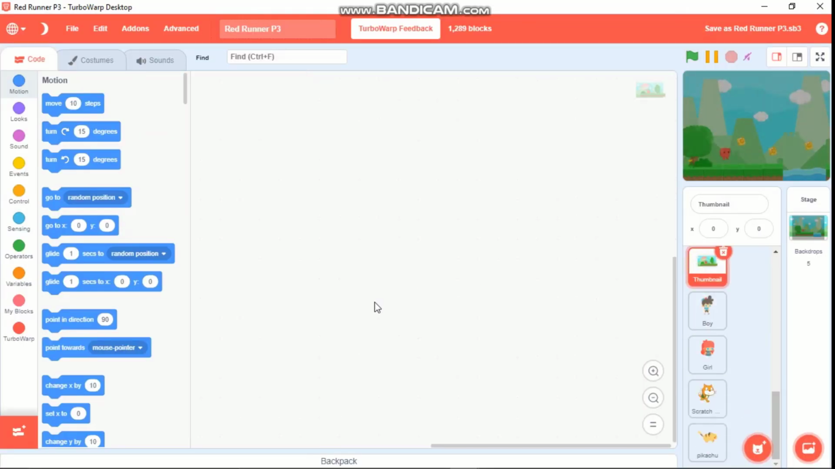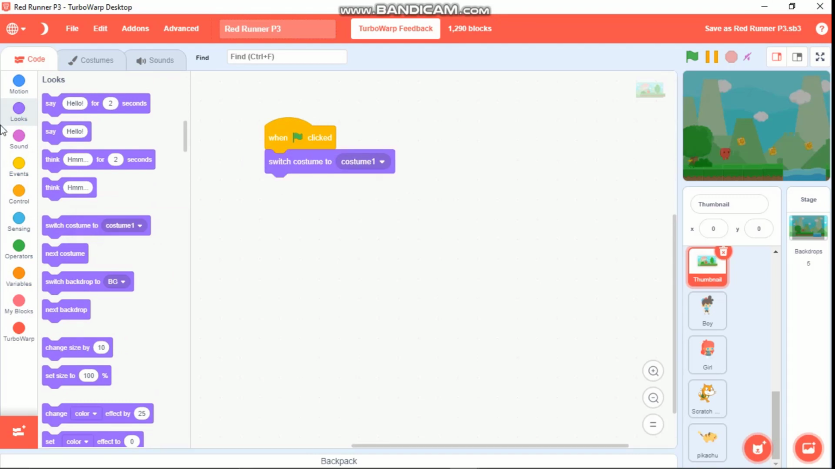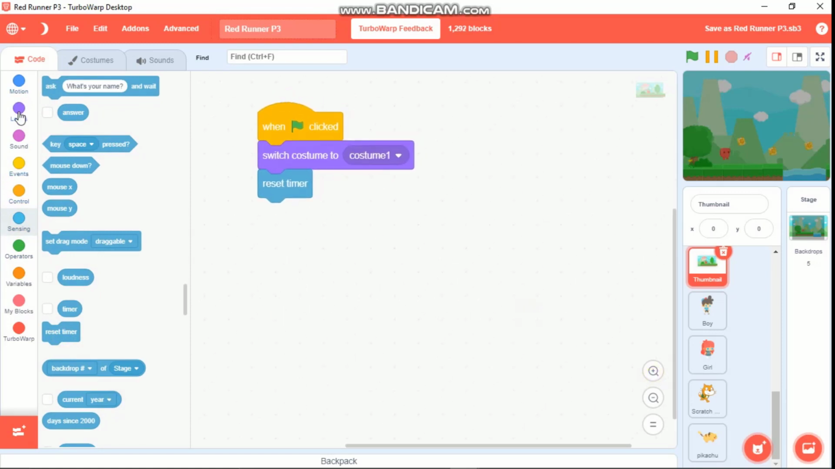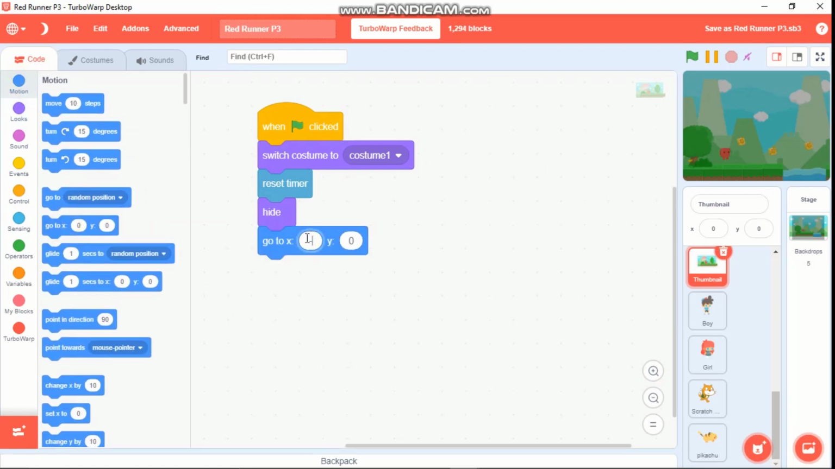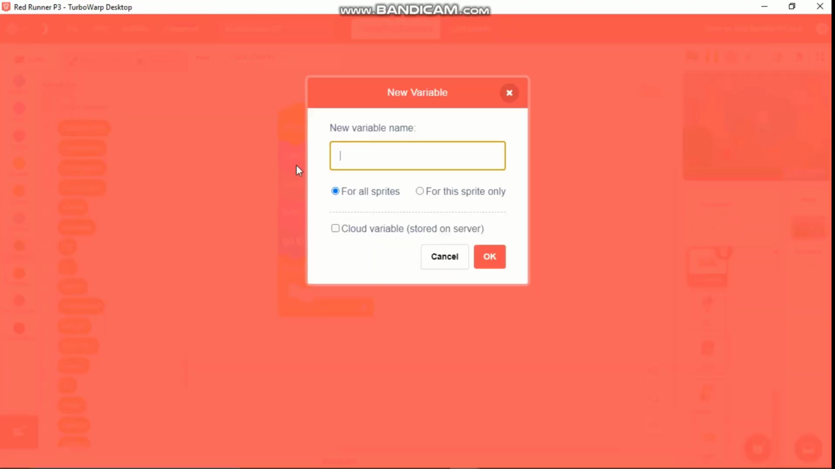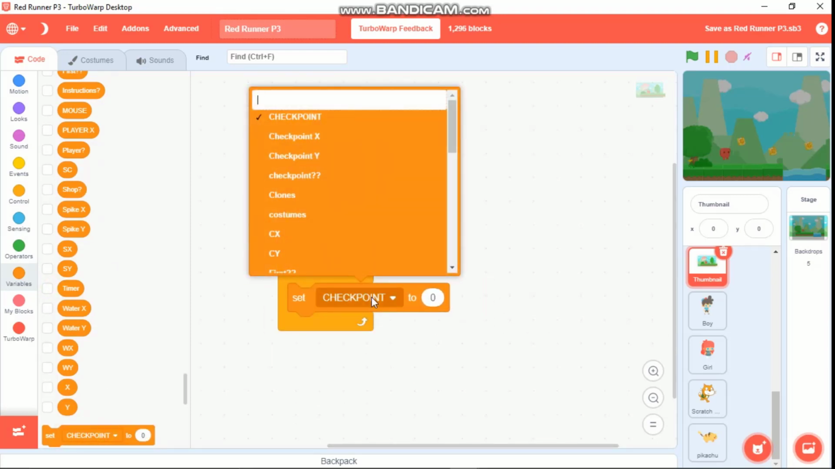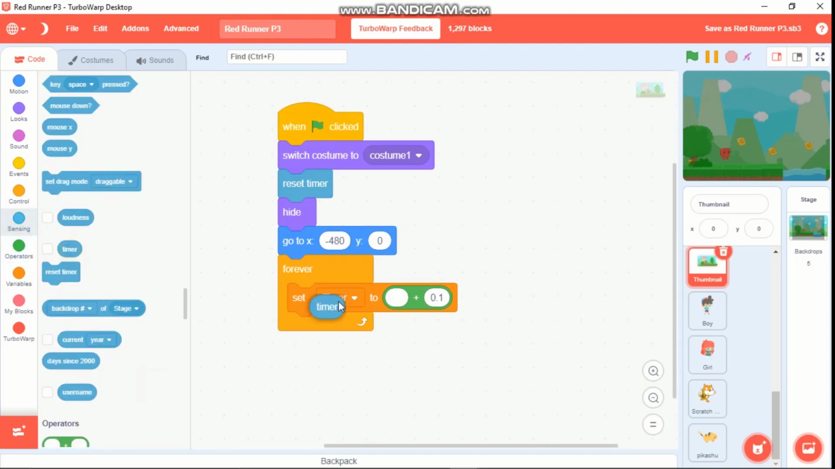So click on thumbnail, and when green flag clicked, switch costume to costume 1. We need to reset the timer. And then we need to hide, and we need to go to X negative 480 and grab this forever. Let's make a variable called timer for all sprites, and we need to set timer to grab this plus 0.1. Timer 0.1,